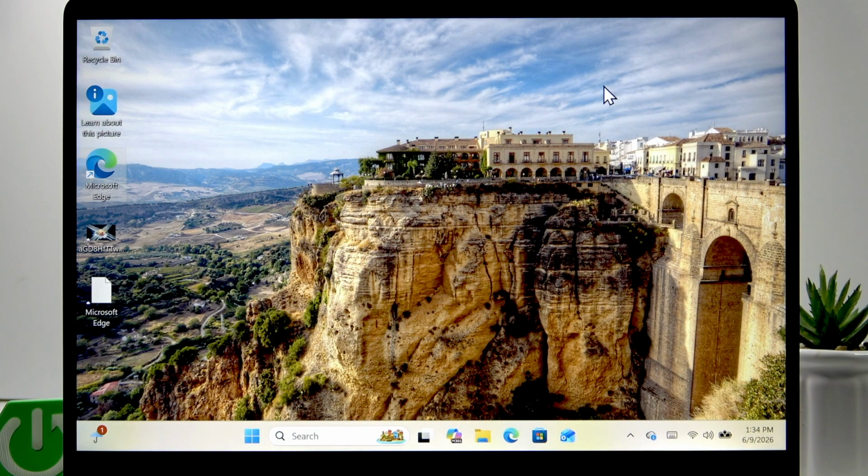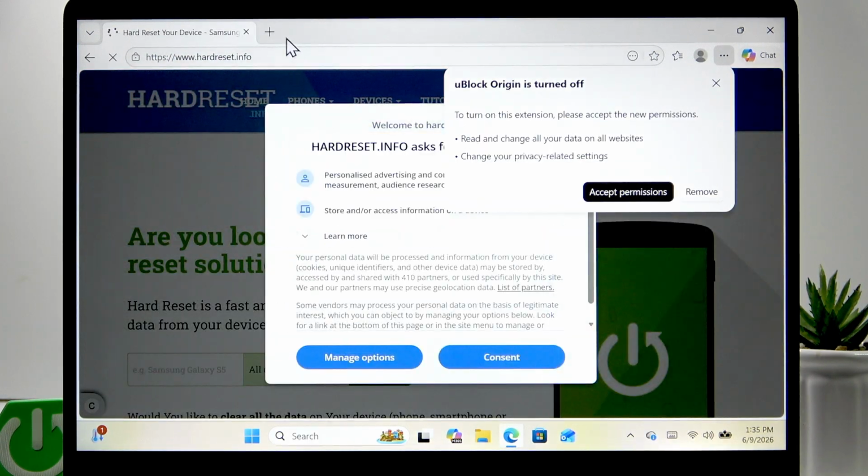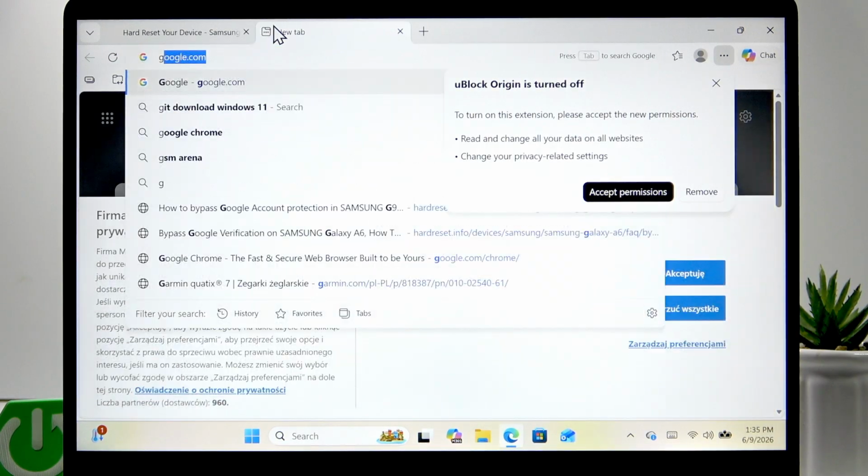So the most accurate way to find out what your maximum TDP is, is downloading the CPU-Z software, which is a free software for checking your CPU specifications, and you can find it on the official CPU ID website. So let's open our web browser and